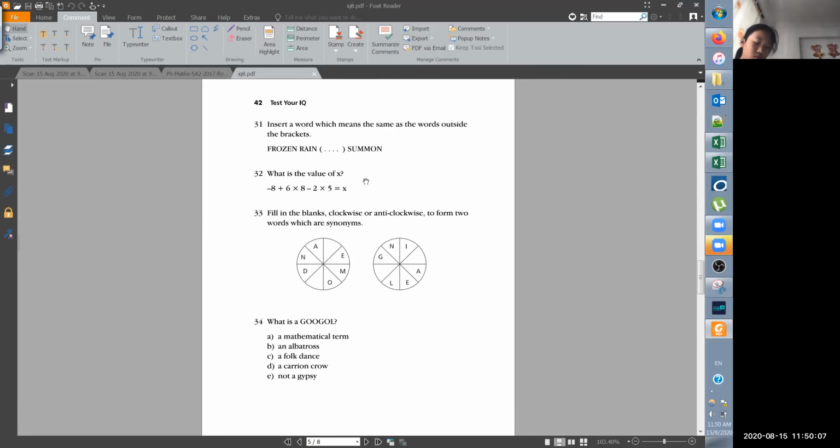So what is the value of x? 32题。30 right. OK good，这个只是考你加减乘除，就是先乘除后加减。OK good。